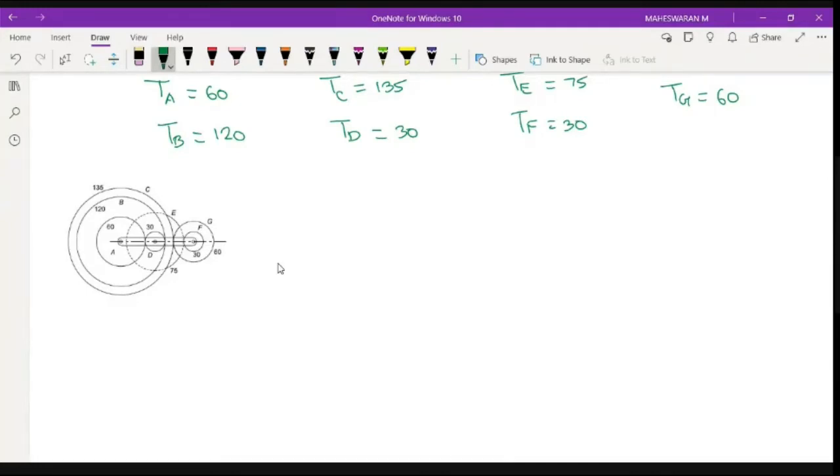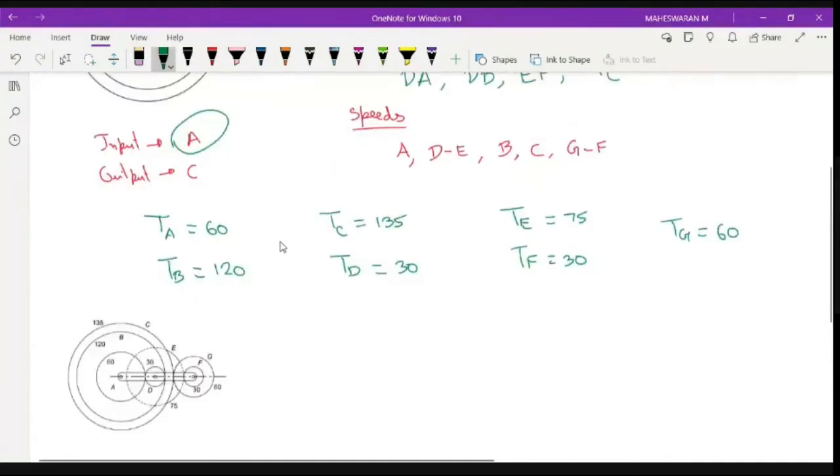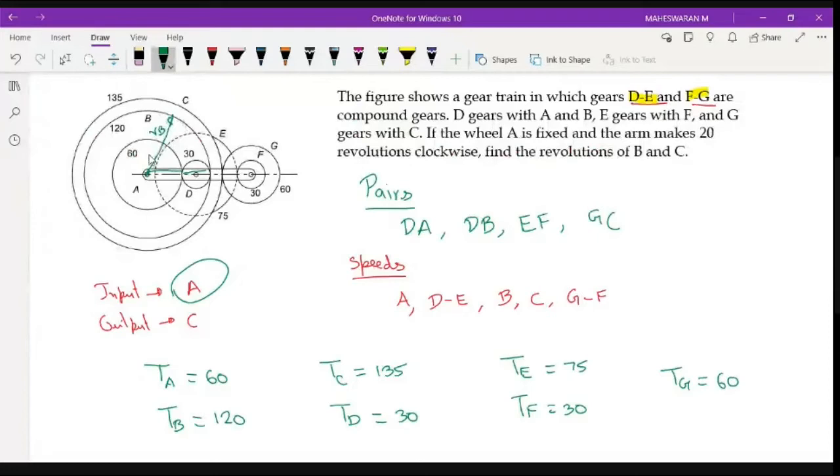Sorry, sir. Now you told that with radius we can find the number of teeth if not given, no, sir. But there is the problem. If they have not given reverted gear train, also we can do like that, no, sir? Only for reverted gear train we can do like that, no, sir? Not like that. So look at the problem, look at the figure. So A and D are combined together to connect with this B. In that case, geometrically, RB will be equal to RA plus 2 times RD, right?